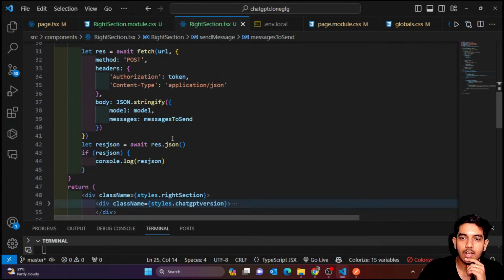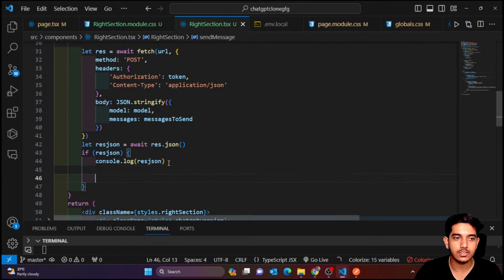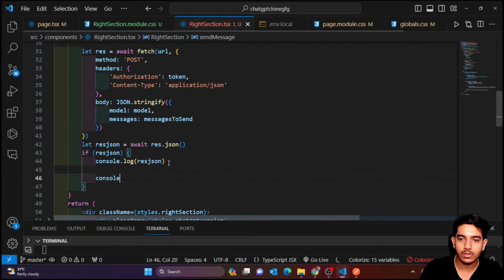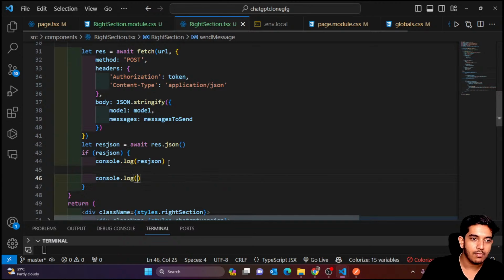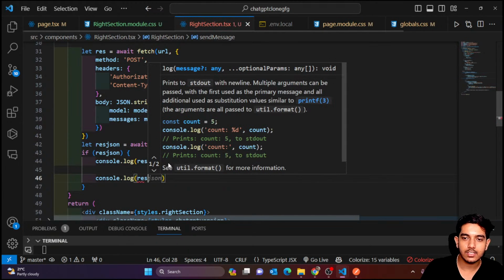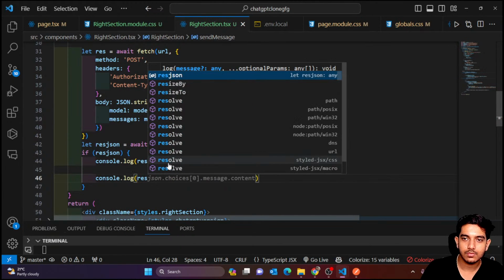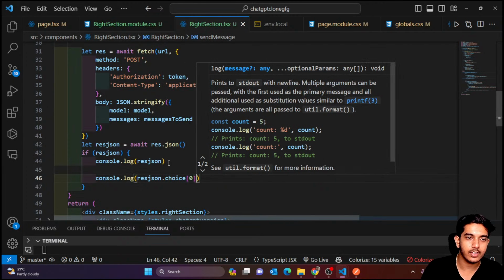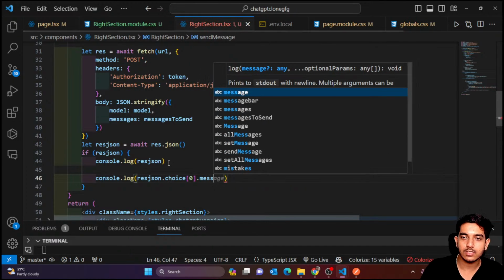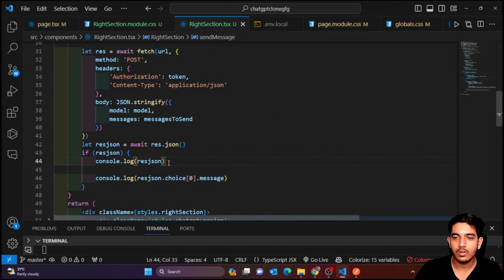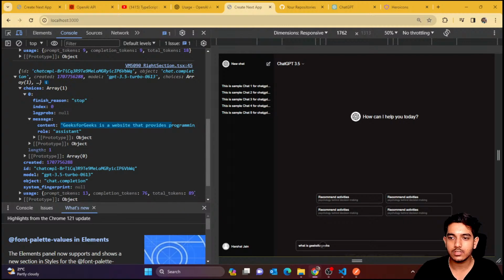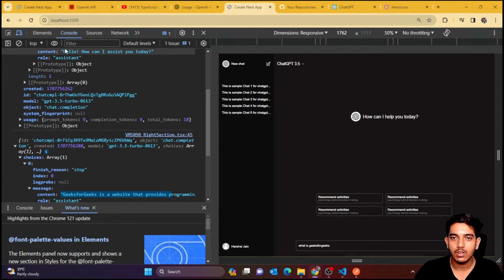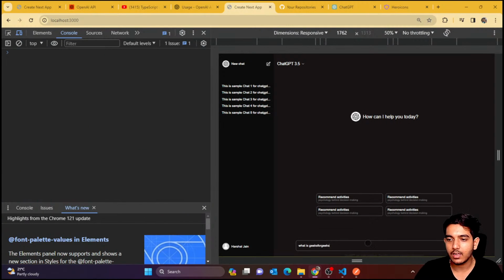Now what you need to do is show it on your page. So how can I show that? I'm just going to say I got the messages. That means where is my message? So console.log. In the res JSON, we are looking inside choices, zeroth index. Inside this we have the message, right? So let's print this. We'll get the direct choice. So I'll just remove it. If I type what is GeeksforGeeks, and if I send,